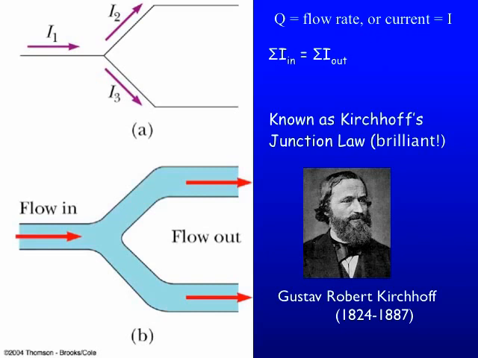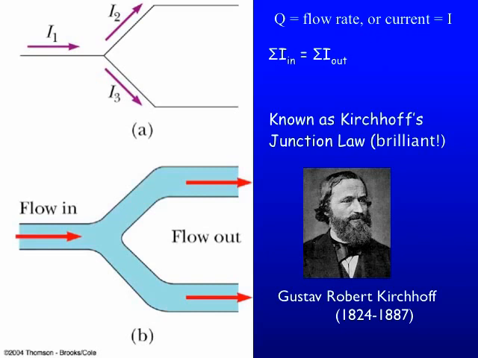There are two ways to describe the flow, or the flow rate, of a fluid. The symbol for flow rate is either Q or I. The text will use Q. I will use I because I is what you'll use for the flow rate of electricity, of charges, of electrons, of a current electricity. So I'll be consistent with my flow rates or currents throughout the entire sequence when we get to electricity. So I'll use I, but keep in mind it's the same thing as Q, the flow rate, or simply the current.